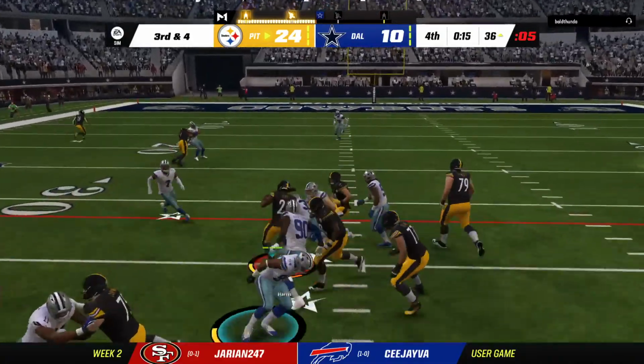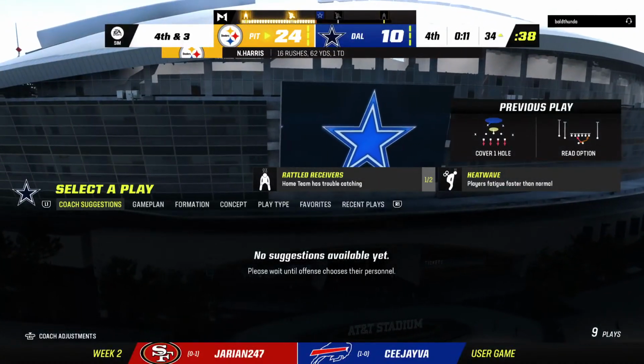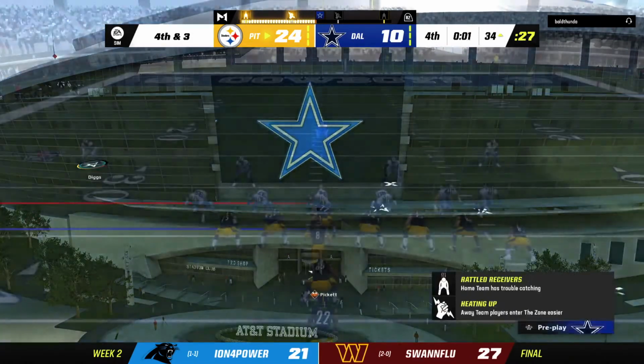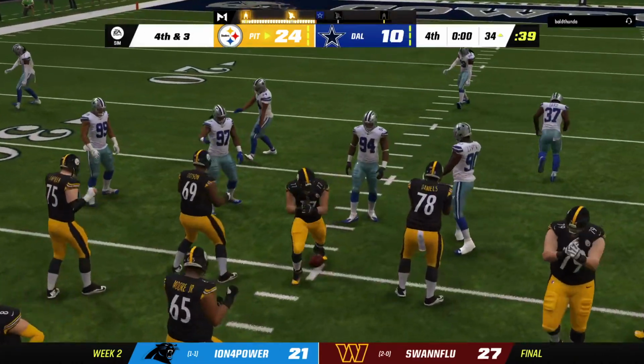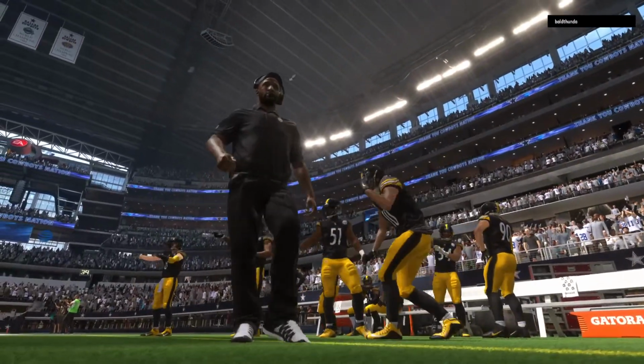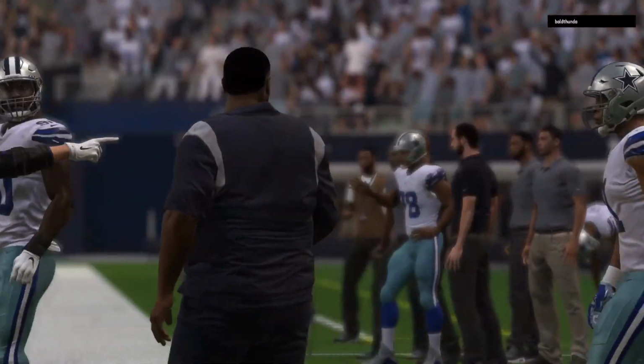On 3rd down, here's Harris. Just a yard on the run there, and that's going to bring us to a 4th down. He's tackled at the 34-yard line. A gain of 1 yard. Well, that second half, Charles, a little bit different from the first. Not only did we have the lead change after intermission, but they were able to pitch the shutout in the second